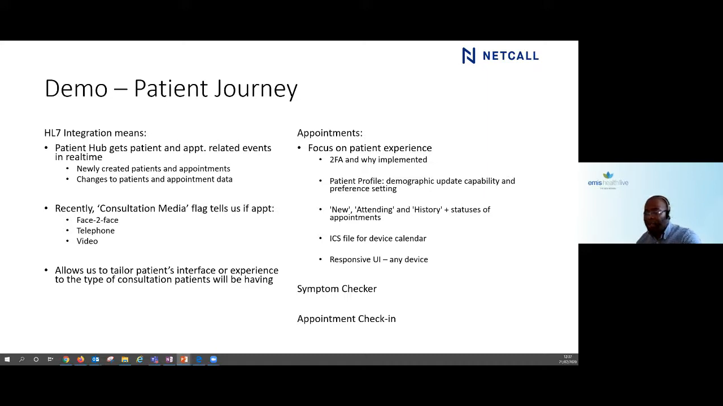More recently, we've extended that to include support for the consultation media flag. Essentially, via HL7, it tells us, provided the right fields have been set in the PAS, whether an appointment is a face-to-face appointment, a telephone appointment, or a video appointment, which in more recent times has become more and more of a significance than before. Because of that consultation media flag, we can tailor the patient's experience or the interface to the type of consultation they'll be having, which you will see as I run through a few of the demos